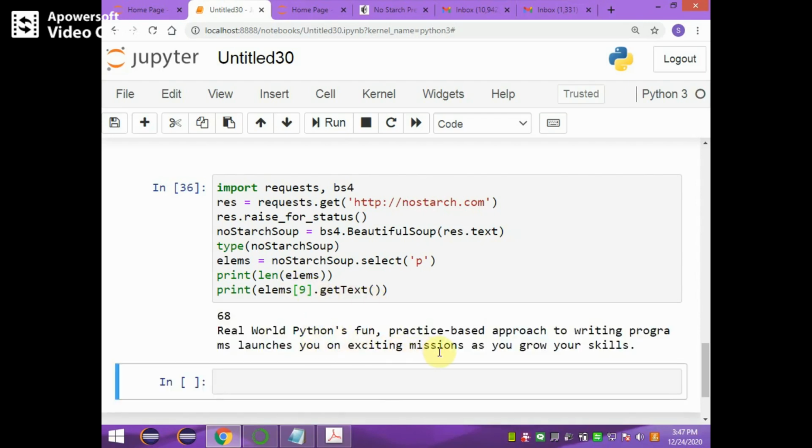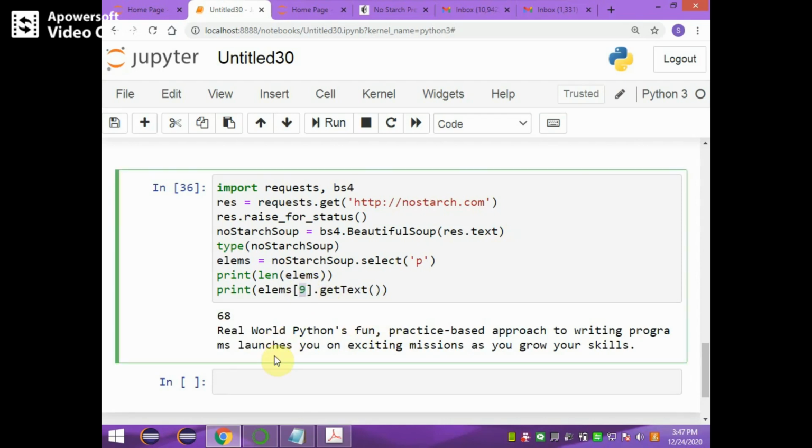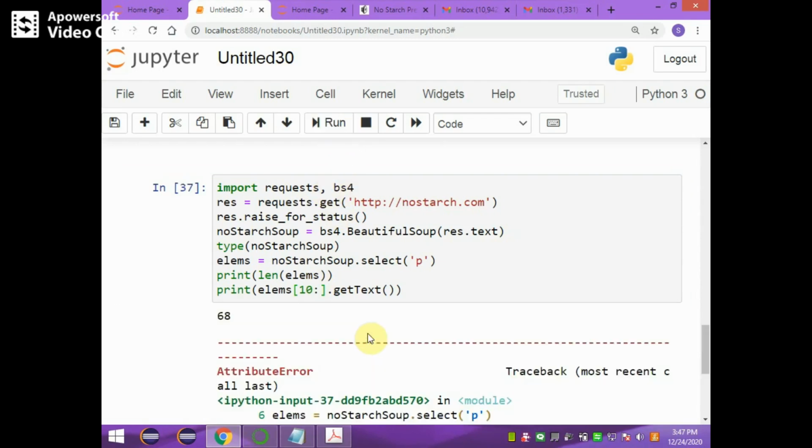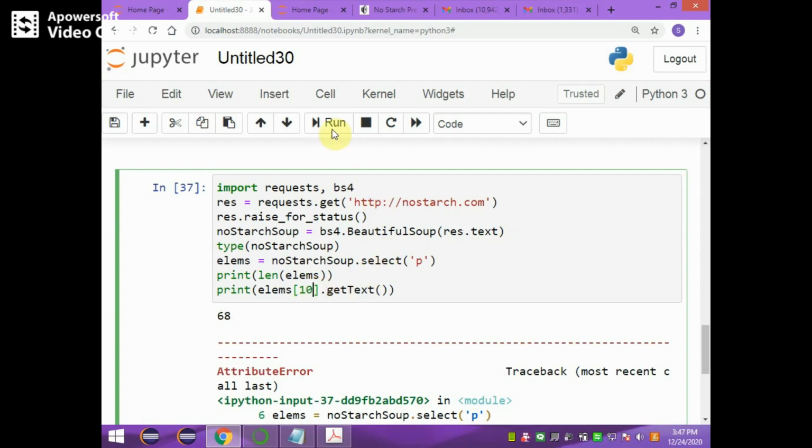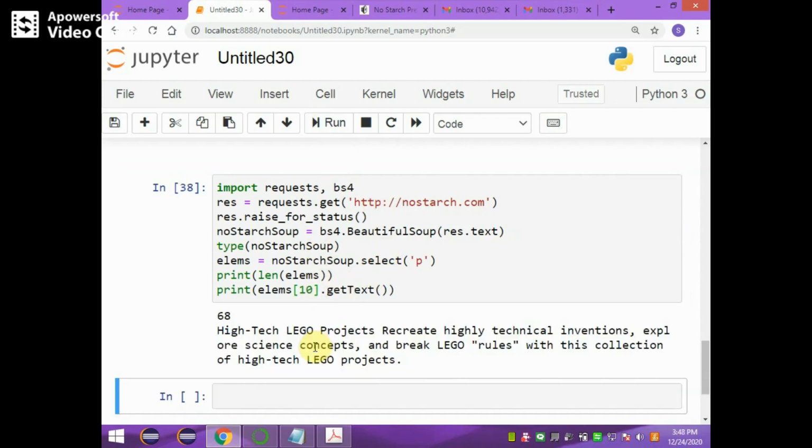Like that, you can get the elements from 10 to all others. Let us see whether we can get all at once. No, we have to get one element at a time, or you can do it inside a loop. There are 68 P tags.